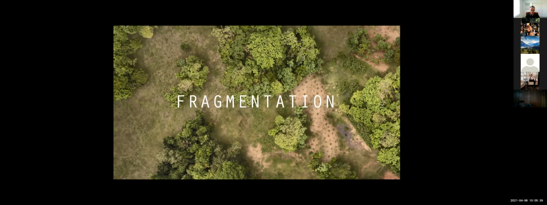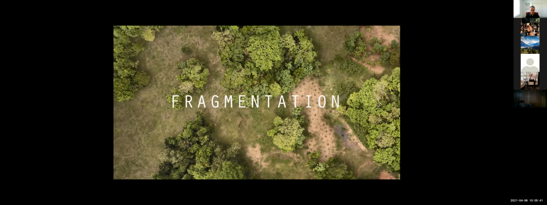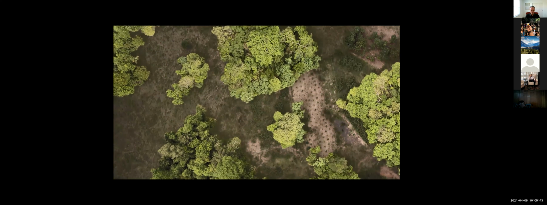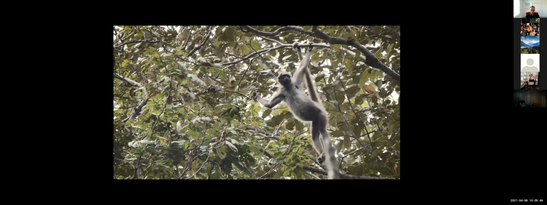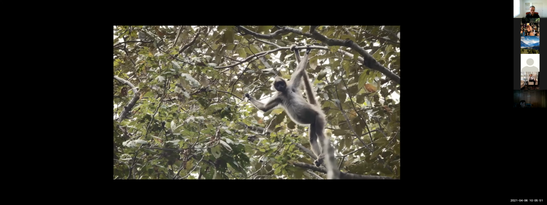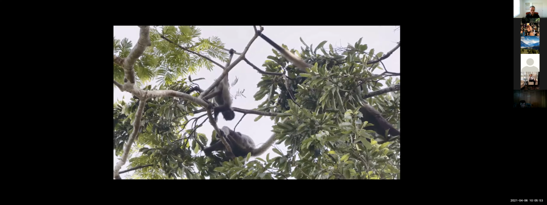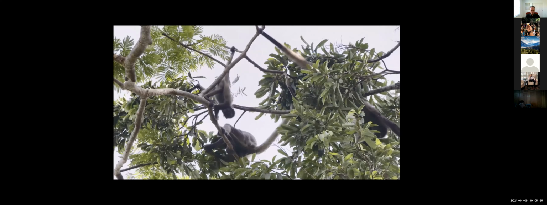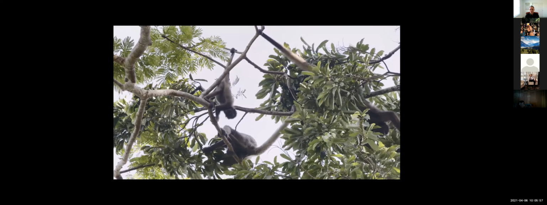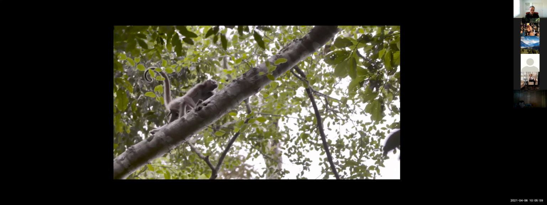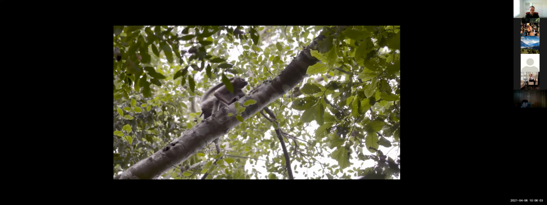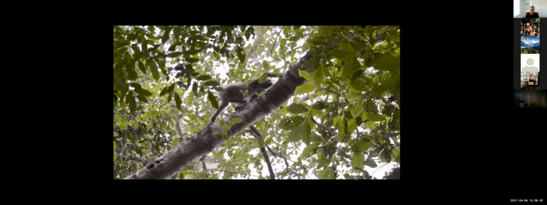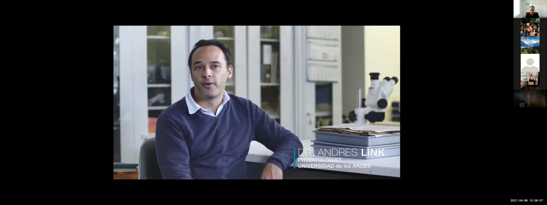Fragmentation threatens the survival of all animals that live in the forest by reducing the amount of habitat and converting what's left to patchy, disconnected areas. That is particularly true for the largest primate in the Americas, the brown spider monkey. They rely on trees for their food and shelter, and a continuous forest canopy acts as a highway, providing them the freedom to move. The situation with brown spider monkeys in Colombia is very, very critical. They've lost more than 80% of their forests.